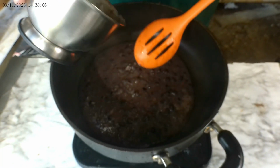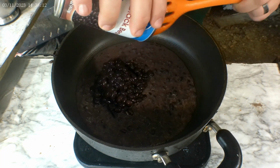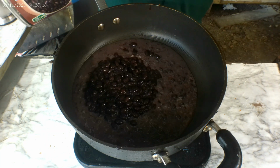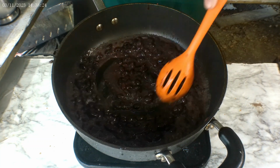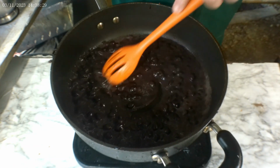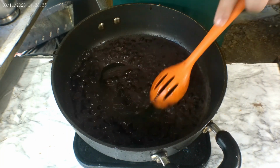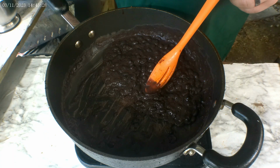So now we're going to take them and just slightly warm them up. You're going to take those beans and put them in your pan with your other whole beans. In just a couple minutes, let those beans warm up for a little bit. Let that liquid reduce down some, so that way it's not a soupy mess. Alright, we've thickened up greatly, so we'll move on to the next step, which is making our meat and vegetable